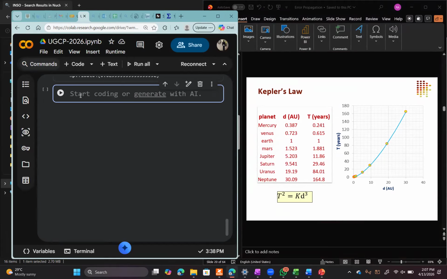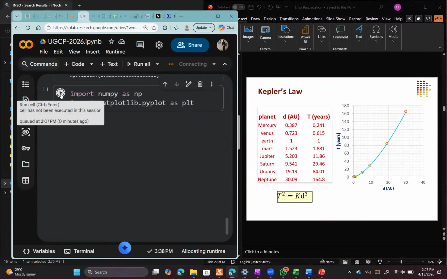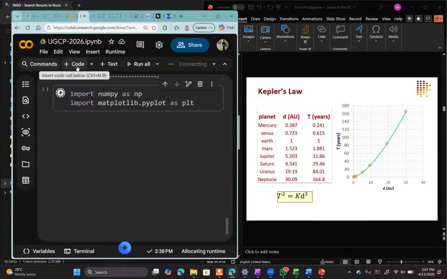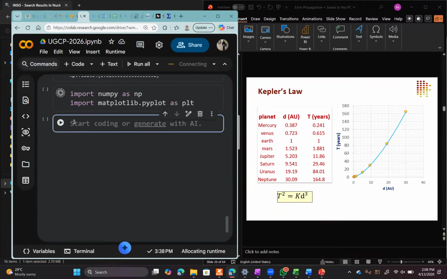So I would like to create vectors. For the libraries, import numpy as np and import matplotlib.pyplot as plt. And I reserve one cell of code for importing the libraries. Then in the next segment,